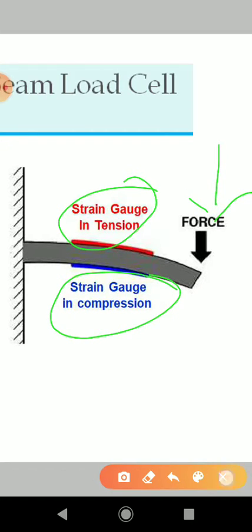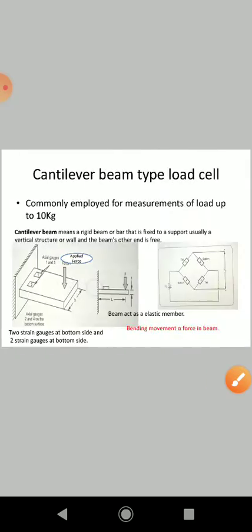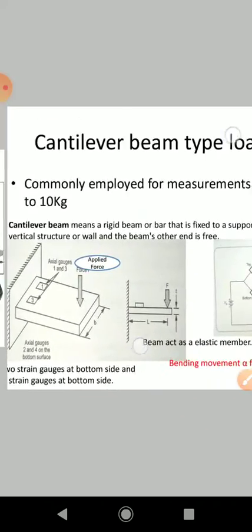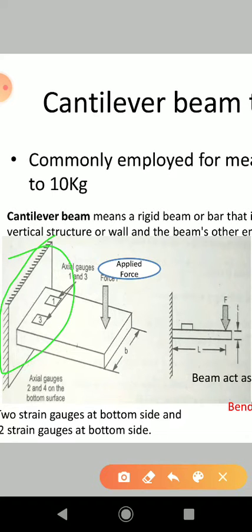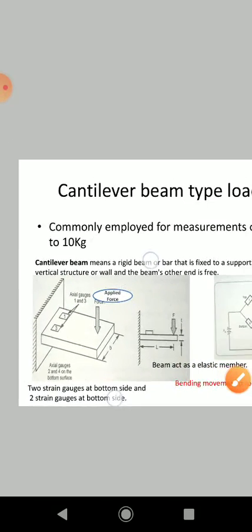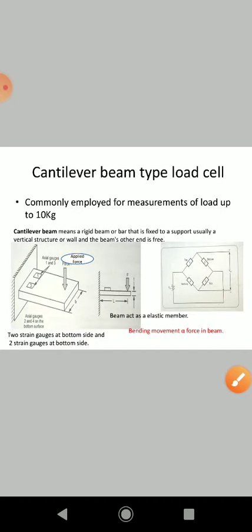Here we represent the strain gauge by means of the cantilever beam type of load cell. A cantilever beam type of load cell is a rigid beam supported by a fixed support, and the load is applied over the load cell. When force is applied, it causes a change in resistance, as the beam goes through a bending movement which is proportional to the force applied. In simple language, the load cell detects the change in force by means of the change in resistance of the coil inside the load cell.